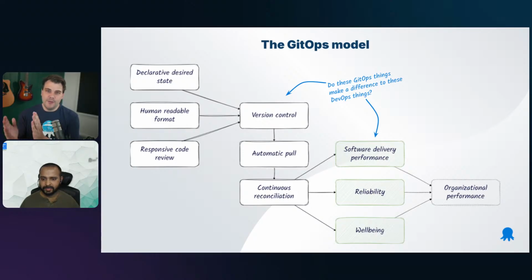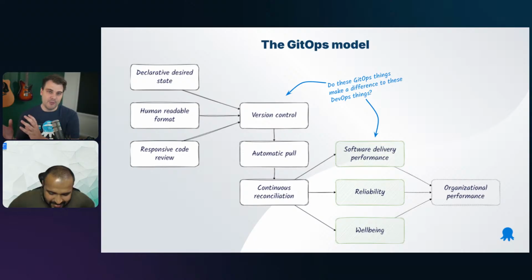And then sort of in the middle there, there's 3 green boxes, which are software delivery performance, reliability, and well-being. And one of the key questions that we had was, do all of these GitOps things on the left-hand side make a difference to these DevOps things, the DevOps outcomes? And we know from other folks like Dora that those DevOps things in the middle there do have an impact